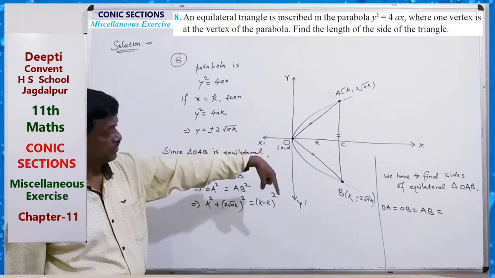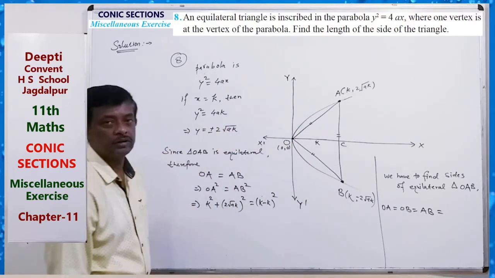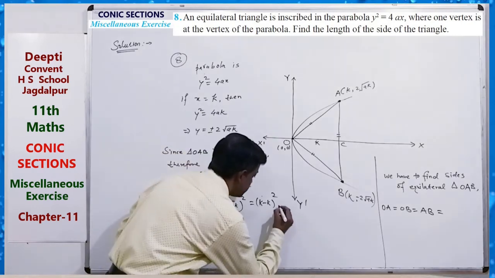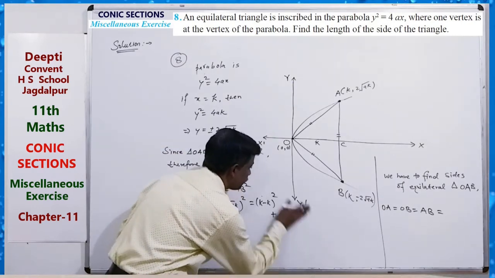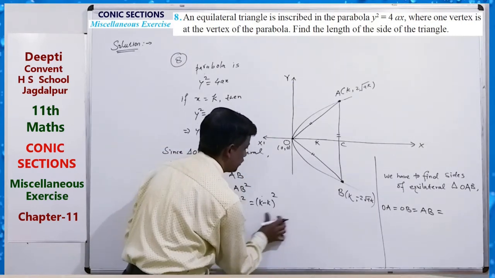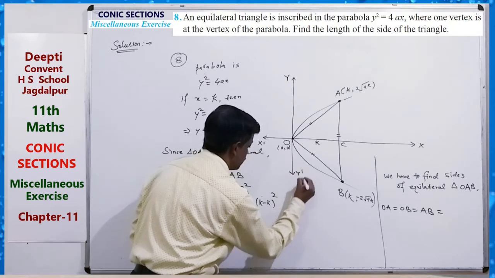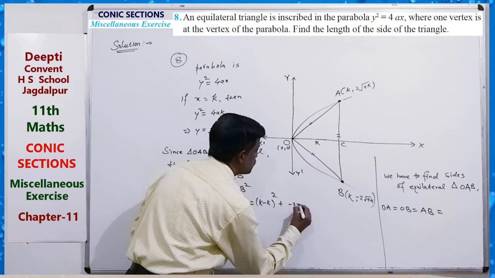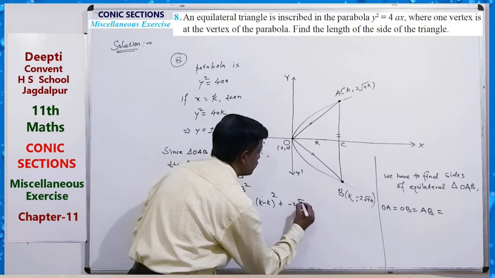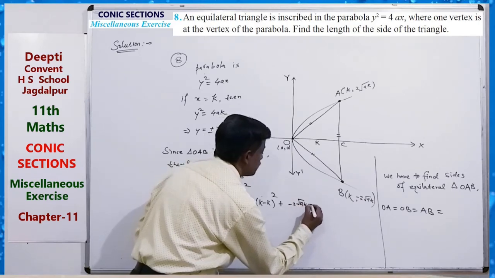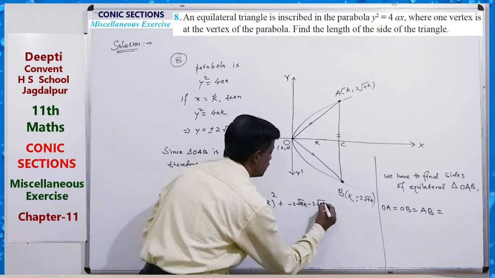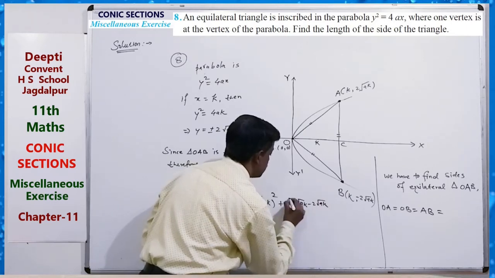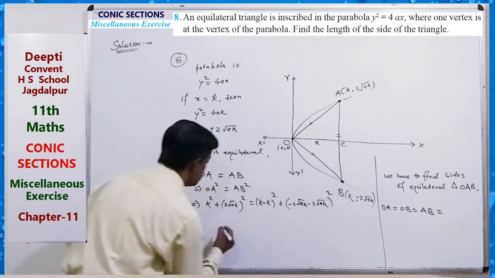AB means k minus k square plus 2 root ak minus minus 2 root ak square. So solving,